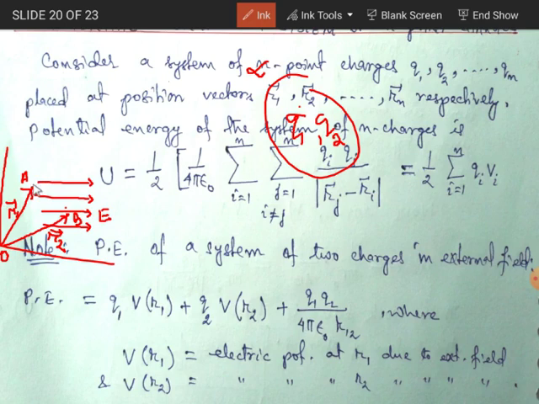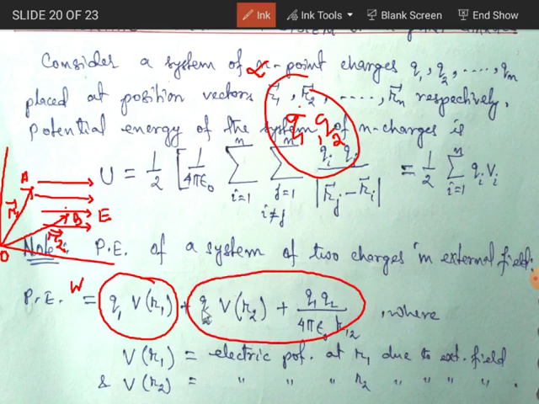There will surely be work done because your Q1 needs to be brought against the external field. So that is the first part. Got it? If you want to find potential energy, work done and potential energy are almost the same. That much amount of work done in bringing will be stored in the form of potential energy, right? So your work done will be the sum of the work done in bringing Q1 and in bringing Q2. Got it? This is due to the amount of work done in bringing Q1 from infinity up to this position